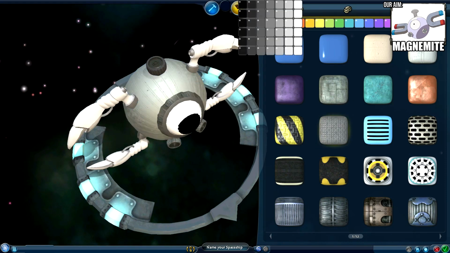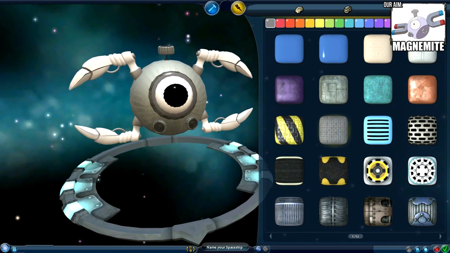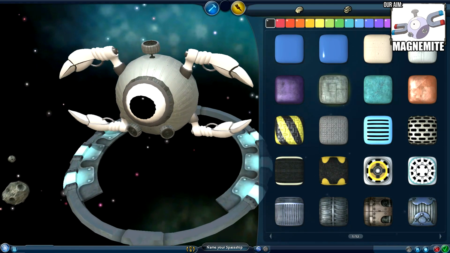Okay, and let's also make this a lighter grey around the outside, like so. Okay, I like how this is going. It looks pretty damn good so far. Now, we've got to try and make these crab arms look as realistic as possible, or as close to the